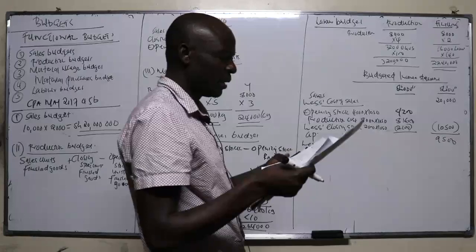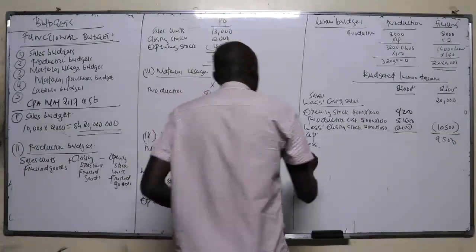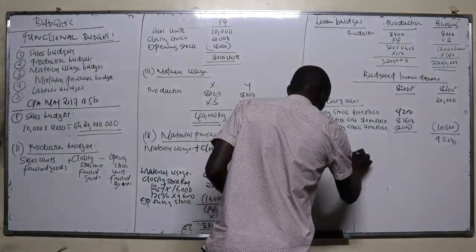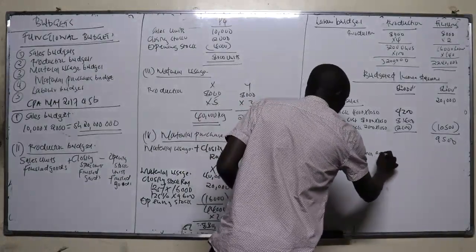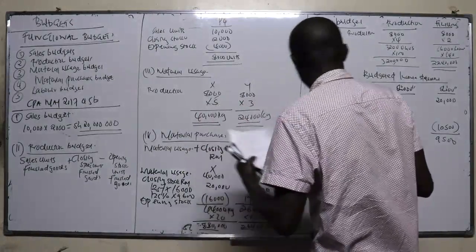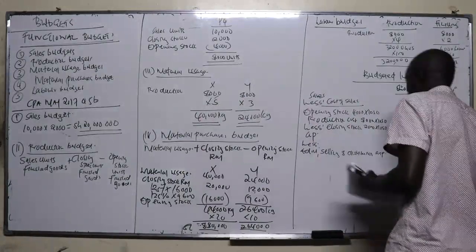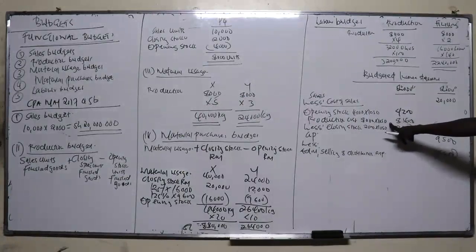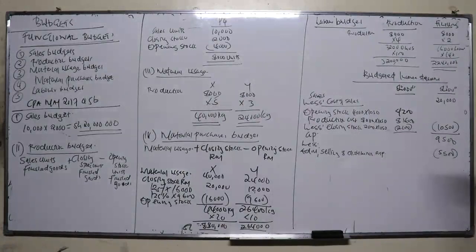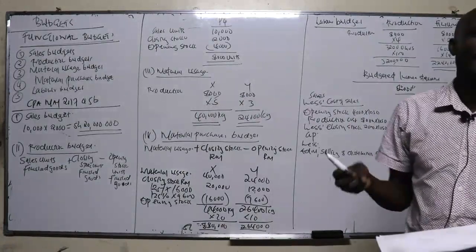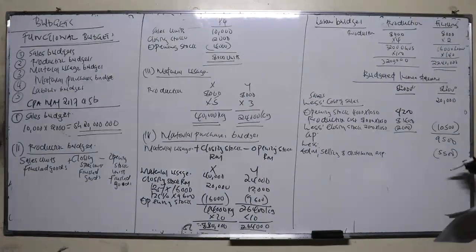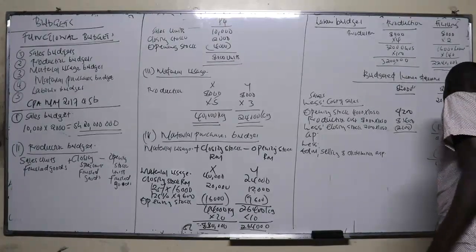Then you less admin, selling and distribution expenses. How much is it? 5,000. So the production overheads are already captured in the production cost per unit. So you ignore it. When you're producing, the total cost of production will be the material cost, labor cost and overhead. So overhead is already in this cost, so you don't bother about it anymore. Then you get the difference. Here is how much? 4,000. So that will be the profit.